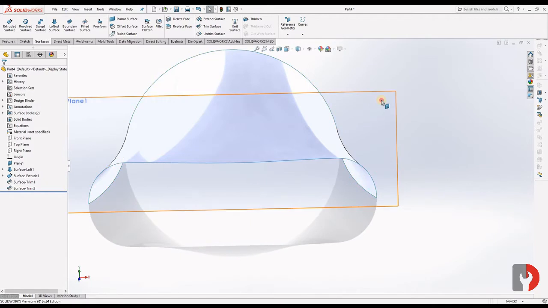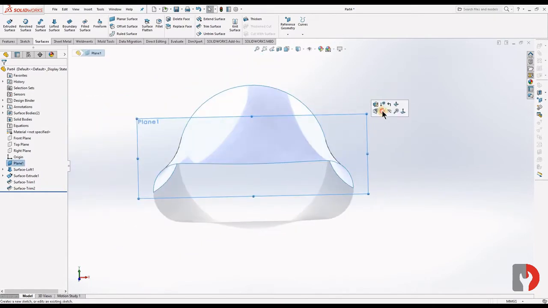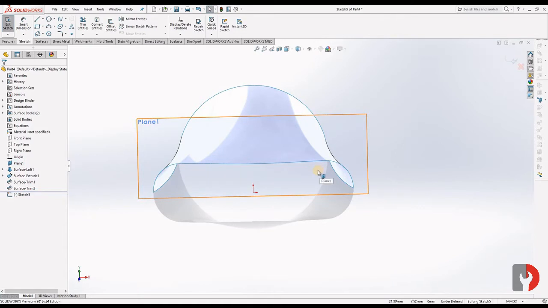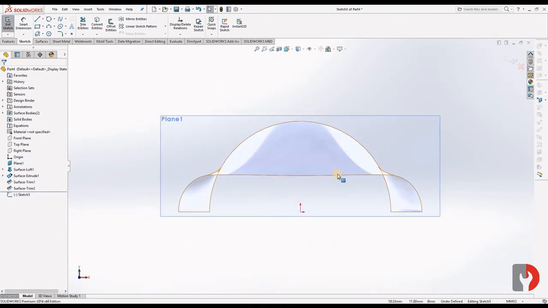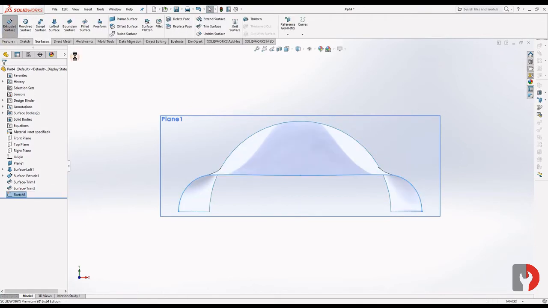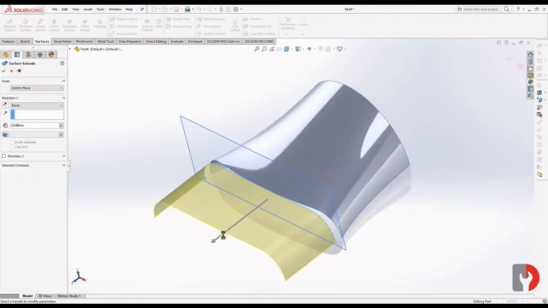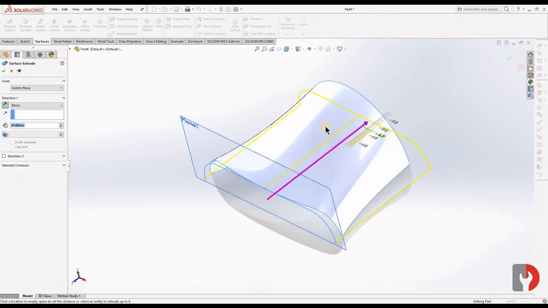Okay. Now choose the plane 1. Sketch. Control 8. Now choose the line edges for converting. Exit from the sketch. Extrude surface. Okay.